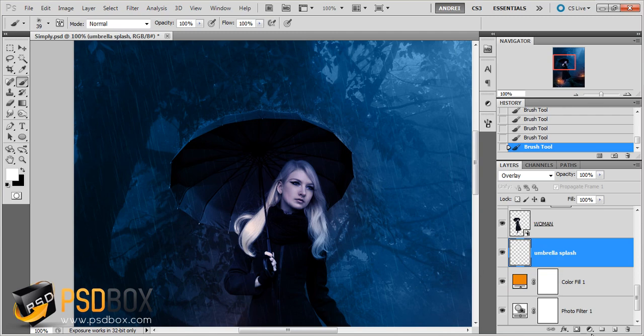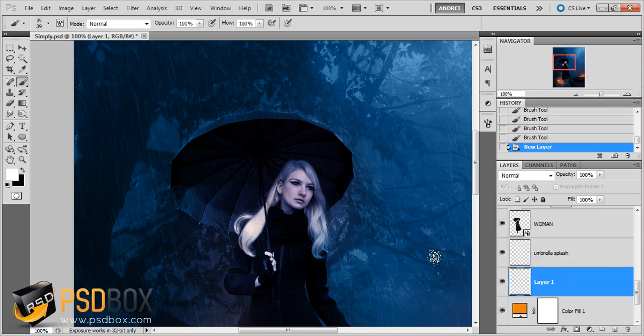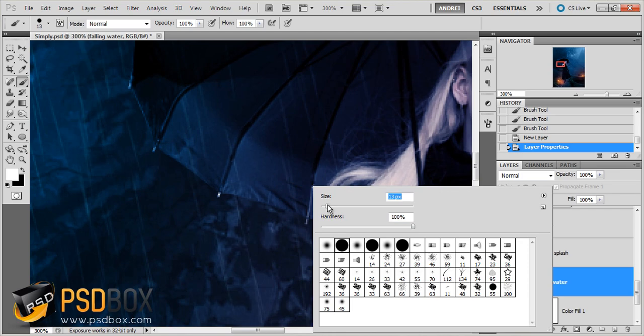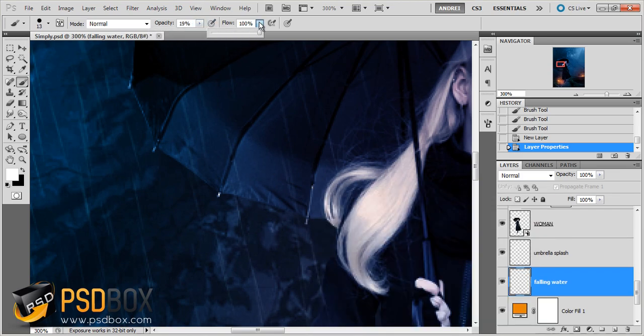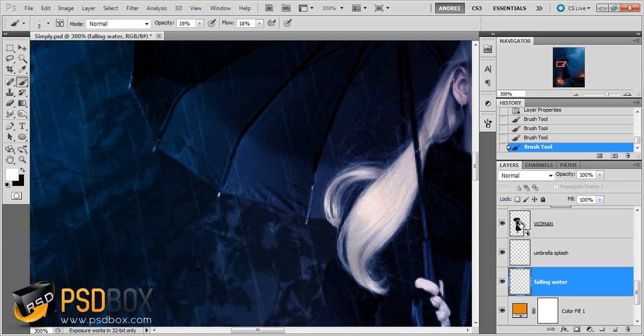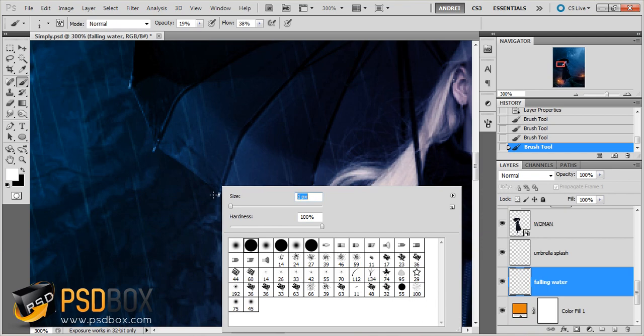And then another thing that I did is some water falling from the umbrella. And I painted that on another layer, and I used a solid brush, a small one. Set the opacity really low, and I did this with the tablet, so right now I'm doing it with the mouse. I don't know if I can do it. I'll try and just paint some. Set this to normal and increase the brush size just a bit, the flow, sorry, and make it really small,